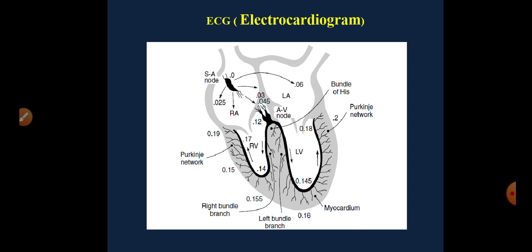So the SA node generates impulses at the normal heart rate, about 72 beats per minute at rest. The body acts as a purely resistive medium, and the potential field generated by the sinoatrial node extends to the other parts of the heart. The wave propagates through the right and left atria at a velocity of 1 meter per second. About 0.1 seconds are required for the excitation of the atria to be completed.